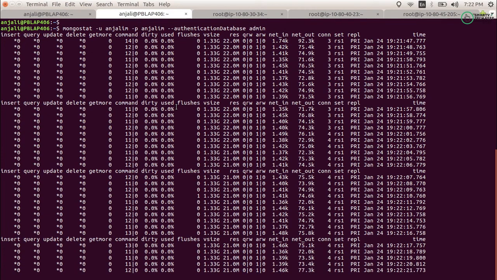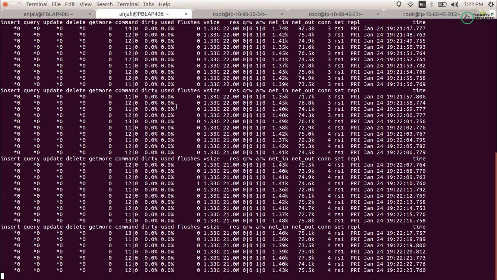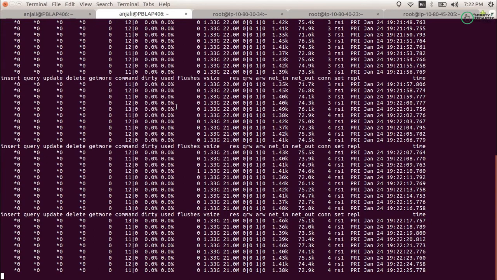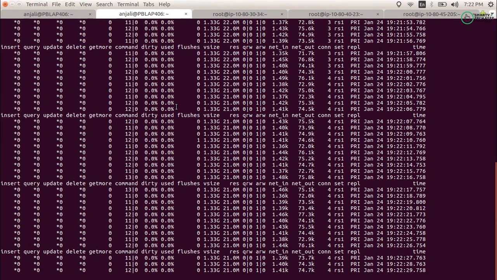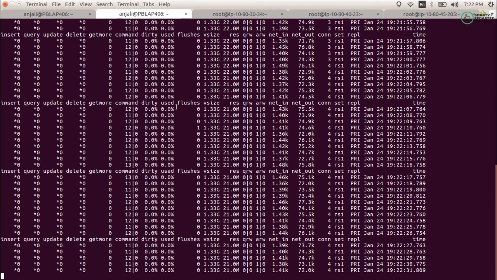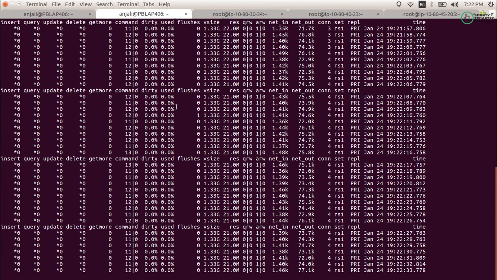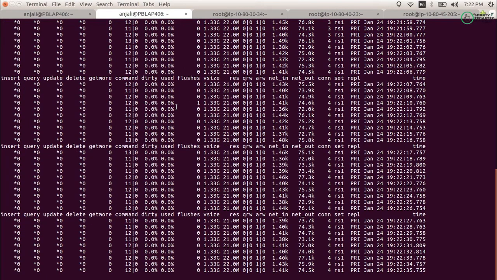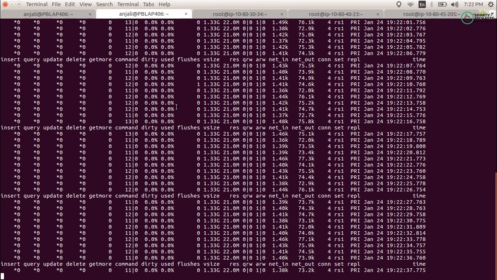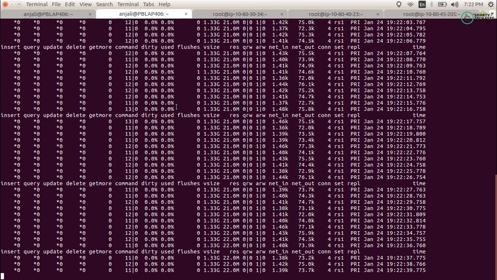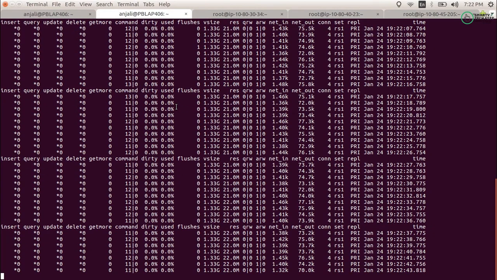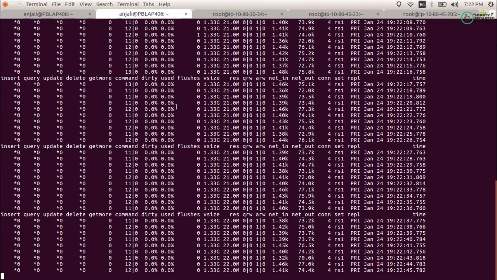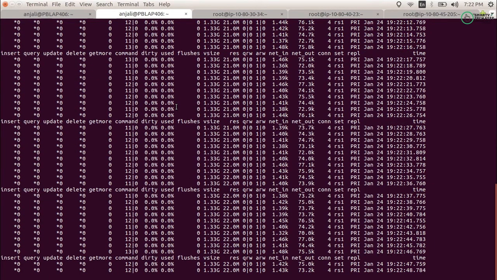But you have to take care of one thing: when you are working on any application, you may know what the peak time for your application is. Then you have to check what queries are running on your application, what the frequency of the queries is, and whether the number of insert operations is very large, or the get operations are very large. So you have to check that.